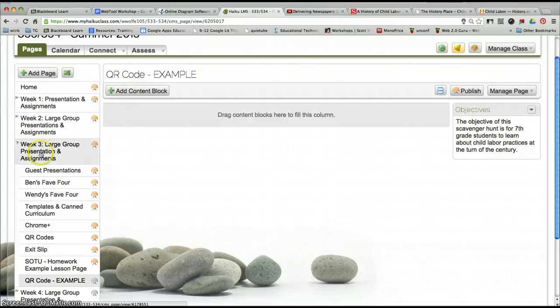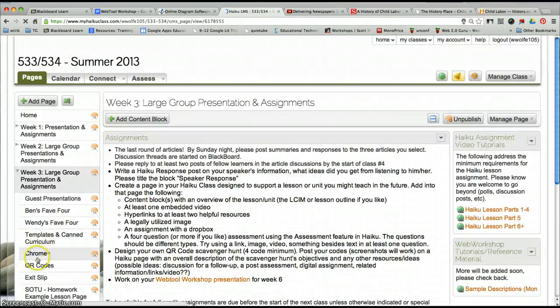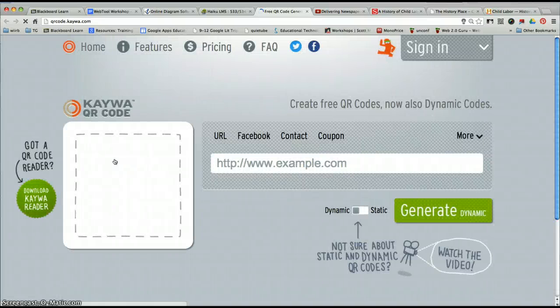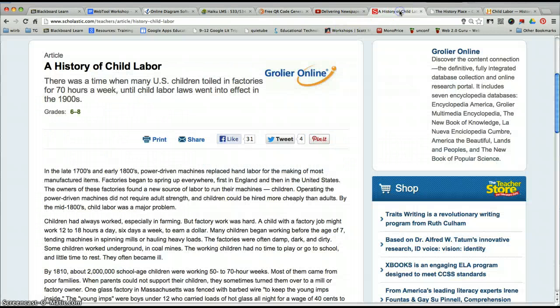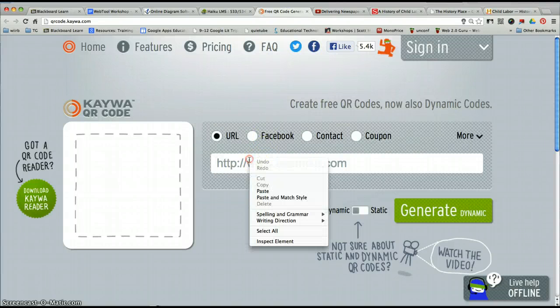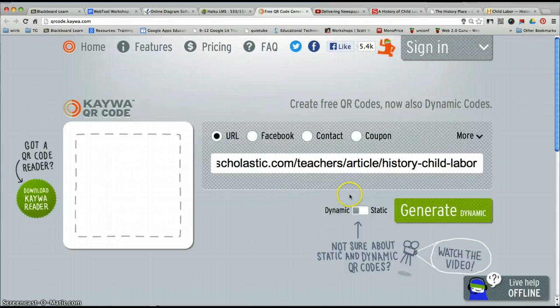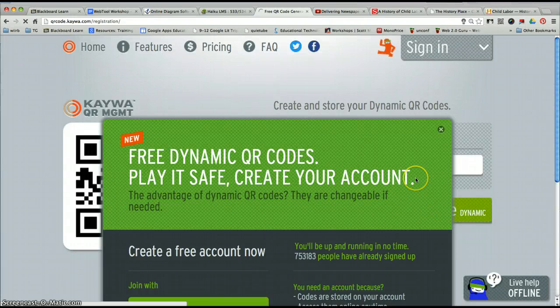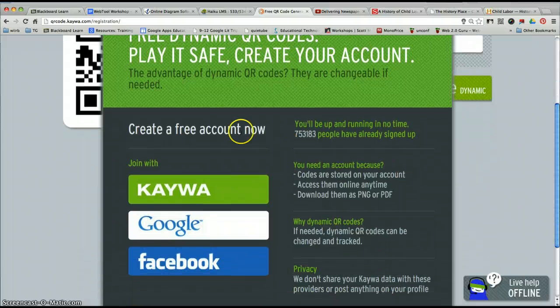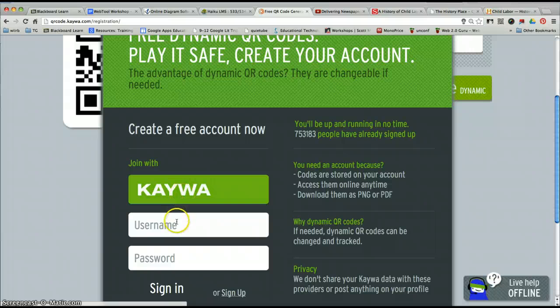The next thing I'm going to do is I'm going to go to my QR code slot. And I'm going to use the first one that's there. And I want people to read about my story. So I'm going to highlight it, copy that, go to my free QR, it's a URL, paste it. See what we're going to do. Create a free account now. Well, I guess I will do a little